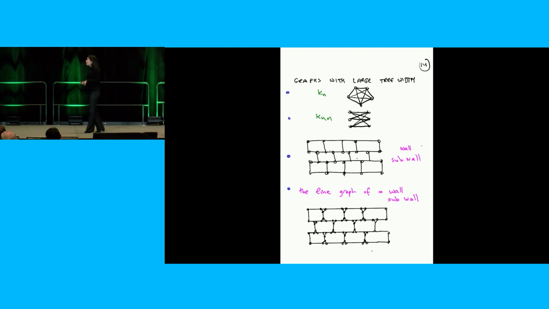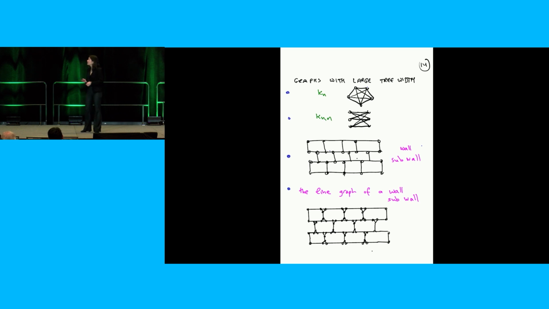Okay, so now let's pause for a minute, because so far, this is all very intuitive. If I'm trying to make something look like a tree, but the thing I started with has very many edges compared to its number of vertices, well, it's not going to look like a tree. It has very many edges. It's very dense, right? So everybody agrees that things that are very dense don't look anything like a tree. But now there's a surprise. There's a very sparse graph that still has very large triodes.